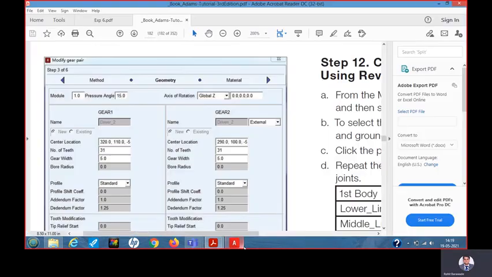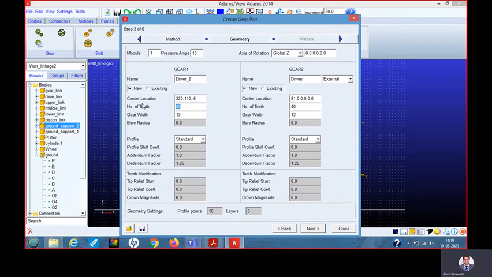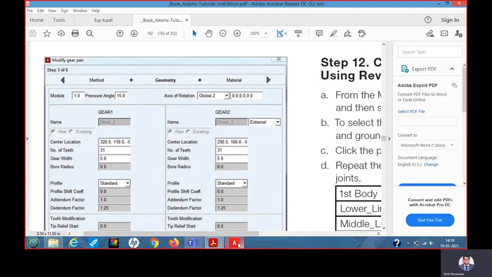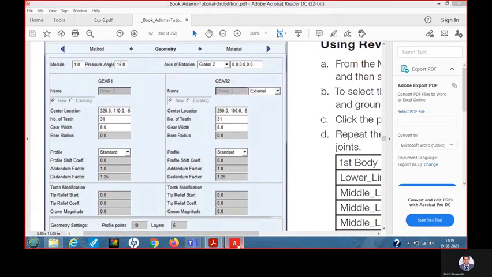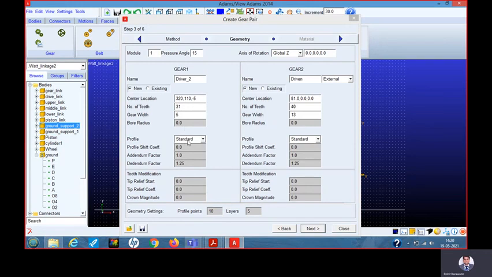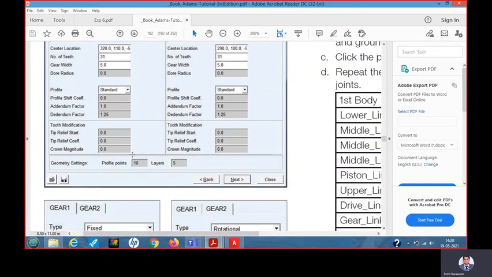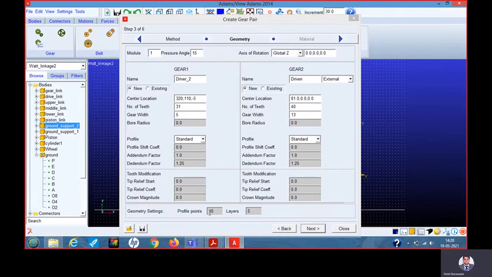Then teeth 31, gear width 5. 31 teeth, gear width 5. 31, 50 standard. 31, 50 standard, 0.001, 1.25, 0.10.5. Okay, it is okay. Then we